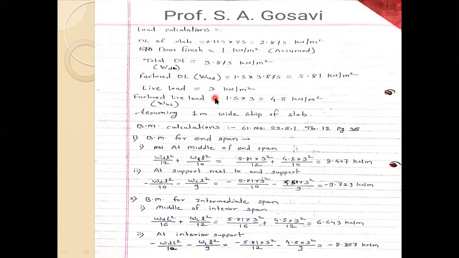So you remember this: in the case of residential building, your live load on the slab varies between 2 kilonewton per meter square to 3 kilonewton per meter square. In the case of residential building, write it down, it is very important. And in the case of public building, it is